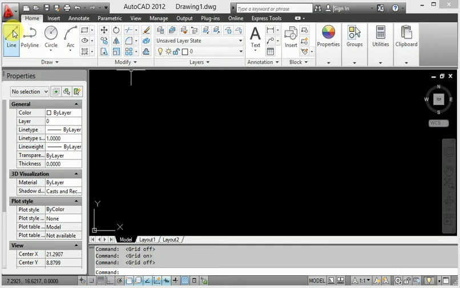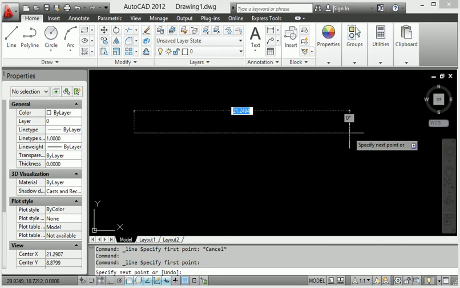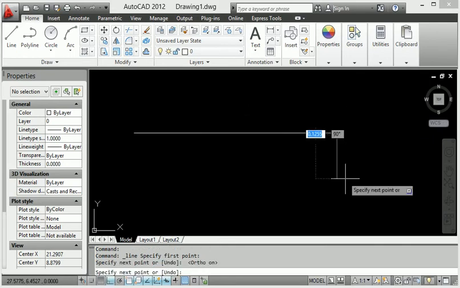So now I will start from here. This is a line. First of all, select this line, start from this point to get the joint.